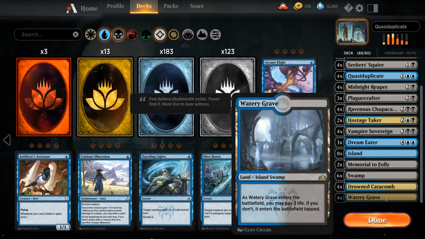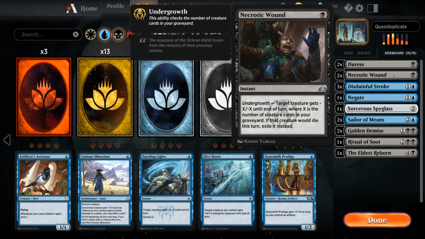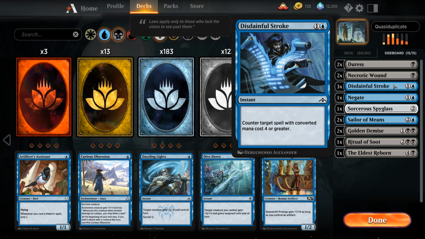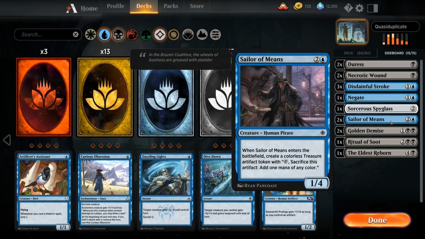And then taking a quick look at our sideboard, we've got 2 copies of Duress against the control decks, 2 Necrotic Wounds to get rid of recursive creatures like Rekindling Phoenix, for example. We've got 3 copies of Disdainful Stroke as our counterspell of choice, alongside 1 Negate. We've got 1 Sorcerer's Spyglass to shut down opposing planeswalkers, 2 copies of Sailor of Means, which comes in against